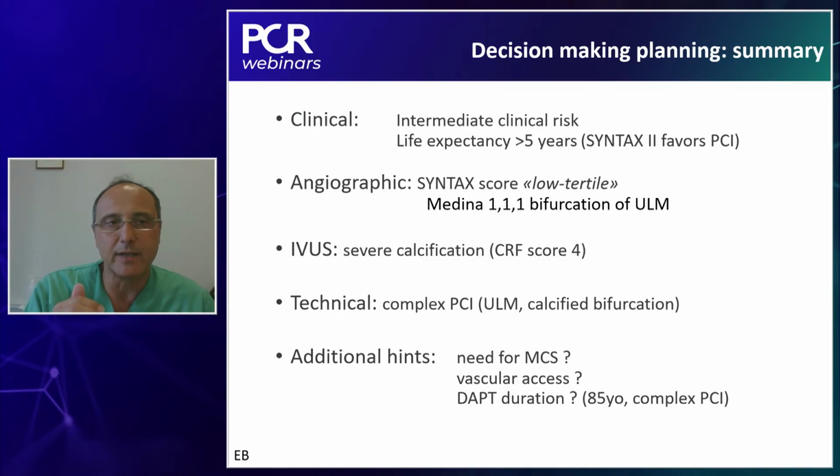So I agree with you, Flavio, going back to the decisional tree, I would go through radial approach, angio, good angiograms like you did, IVUS guidance. It's a complex technique, so perhaps I would use here a 7 French guiding catheter. And then there are additional points that were also raised by the colleague,